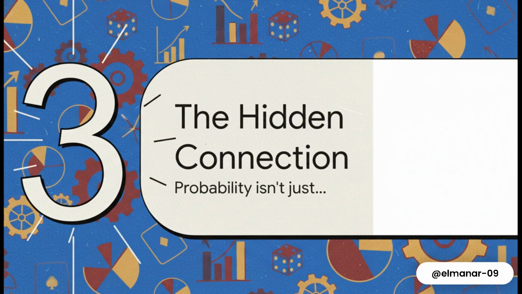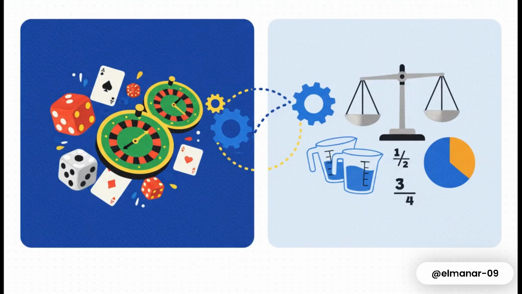Okay, and this is where our whole story takes a really interesting turn. We've just walked through the math of probability, but what if getting good at this skill isn't really about the formula at all? What if it's about something totally different? It turns out there are two different but deeply connected ways of thinking happening here. On one side, you've got probabilistic thinking, all that stuff about randomness and sample spaces we just talked about. But on the other side, you've got proportional thinking, which is really just a gut-level understanding of fractions and ratios and how different amounts relate to each other.